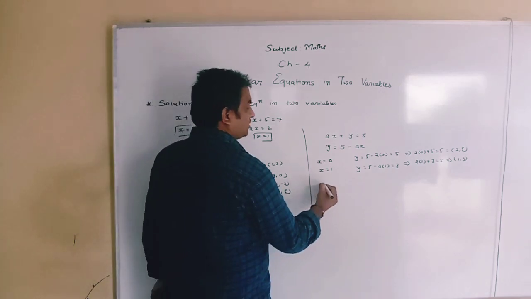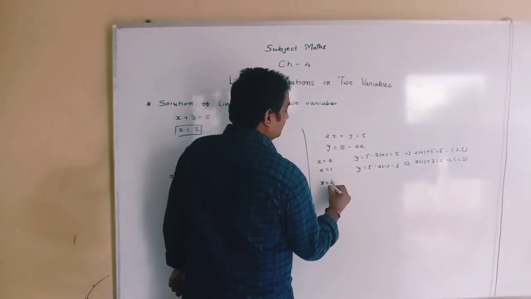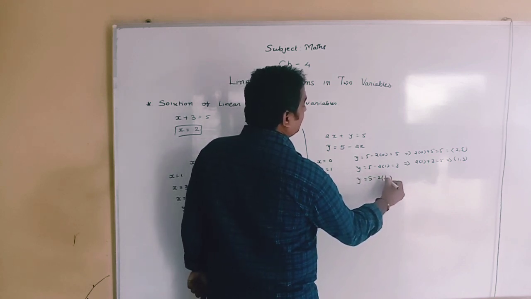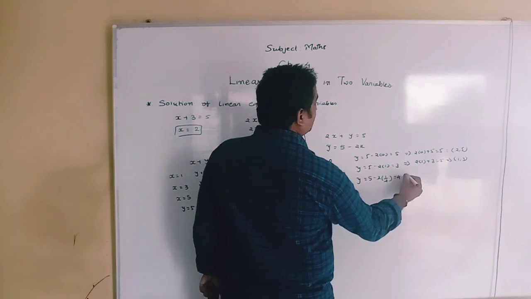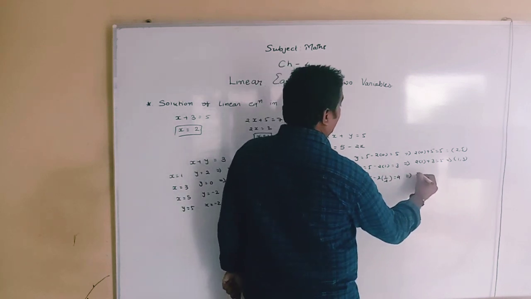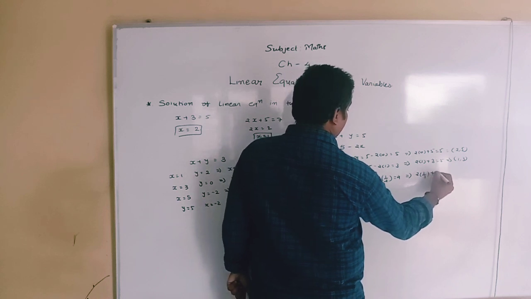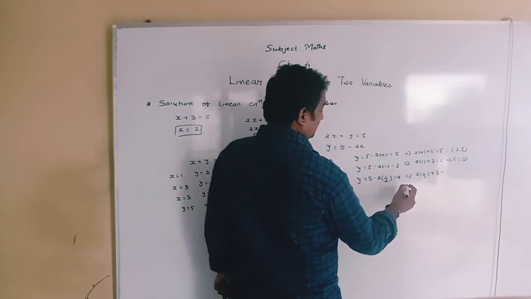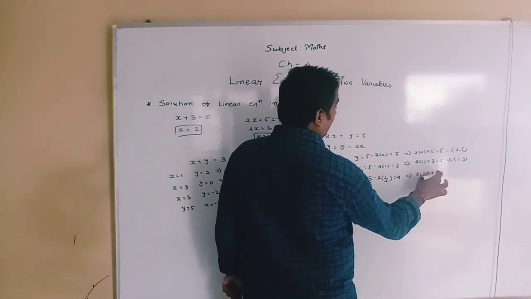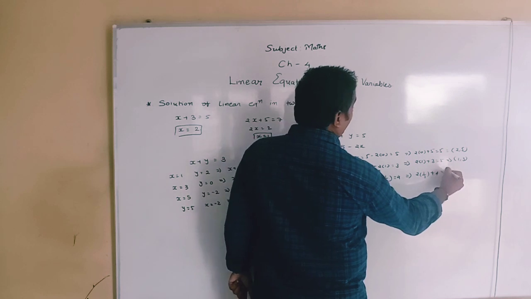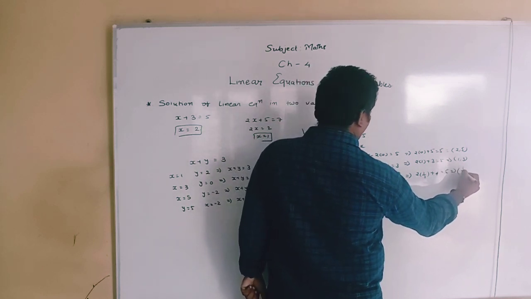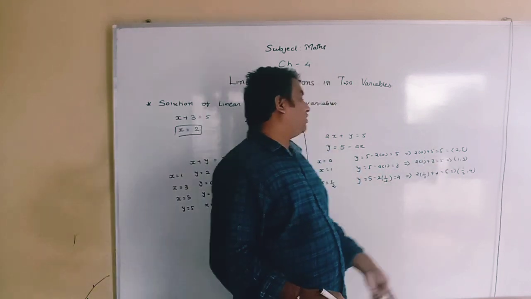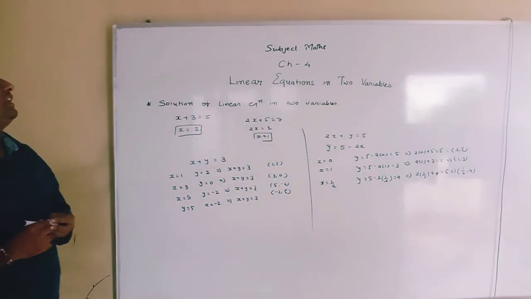Somebody takes x equals 1 by 2. Then y equals 5 minus 2 into 1 by 2, so the 2s cancel and y is 4. So here we get one more pair. 2 into 1 by 2 plus 4, the y value is 4, gives 5. So the pair is (1 by 2, 4). In this way, we can get infinitely many solutions.